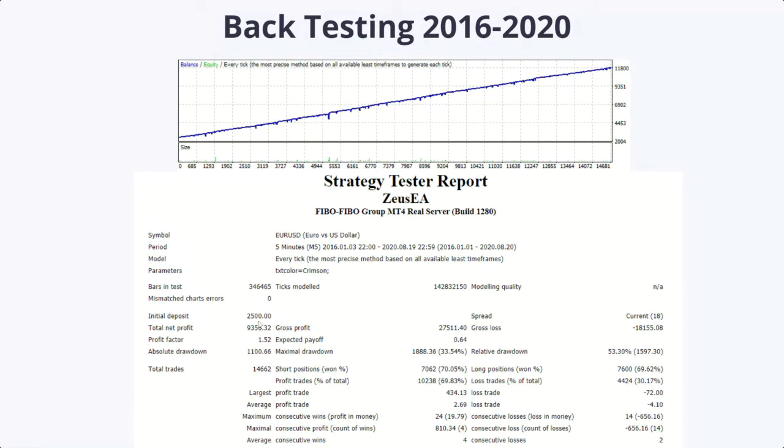And you can see with an initial deposit of 2,500, the same total net profit is made, just a bit more than 9,000. That net profit was the same with the 10,000 capital. As we tried to explain in an article, it's the lot size here that is important, not the capital. So that's why percentage-wise, this is looking much better than with 10K, of course. That's why we did this test. The results, let's see, I lost a little bit of my train of thought. But anyhow, 70% of the trades were won, as you can see.